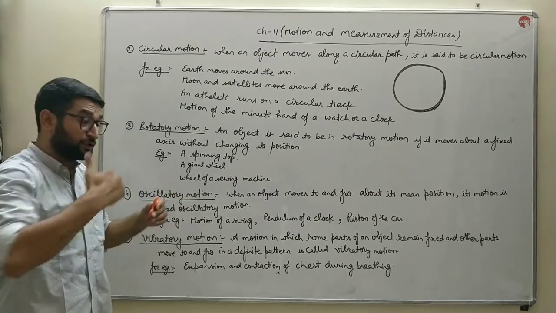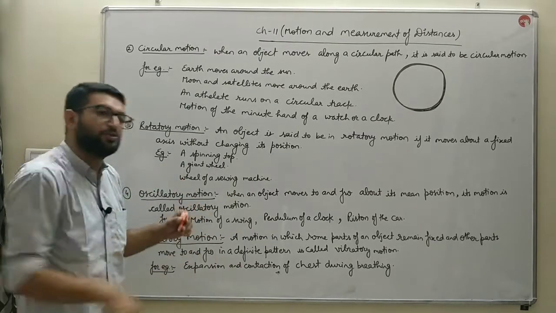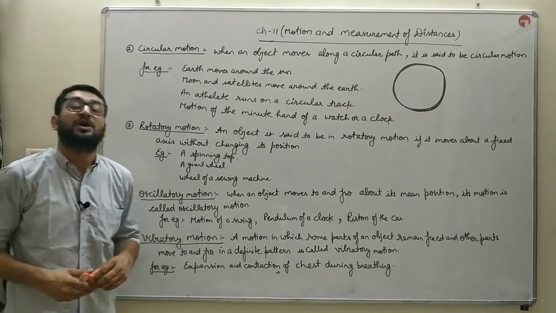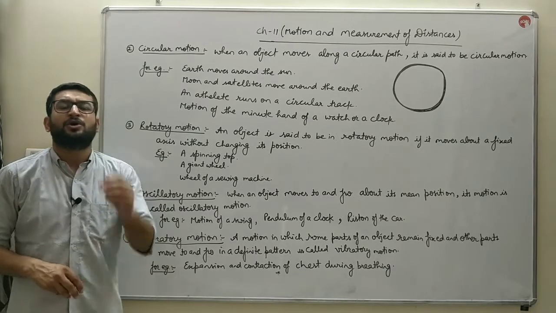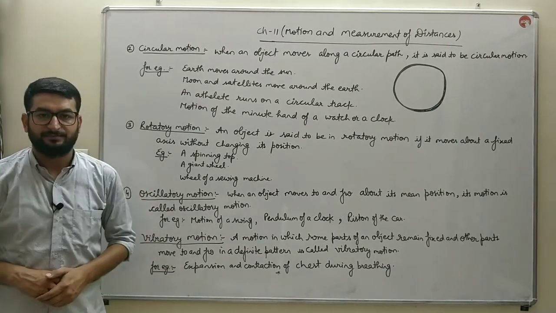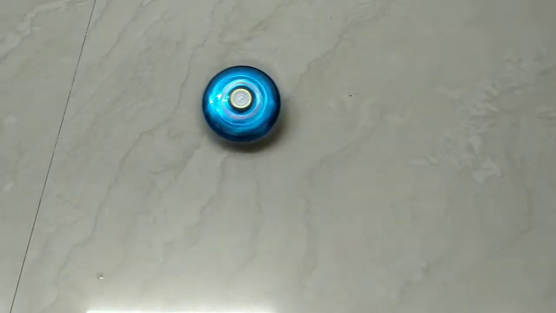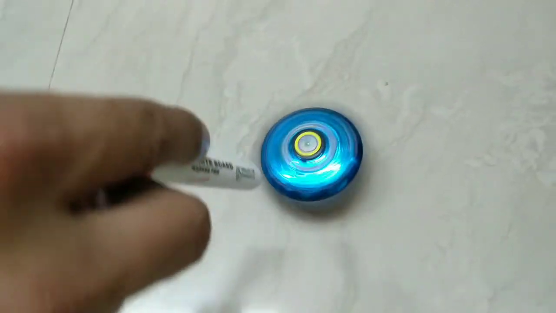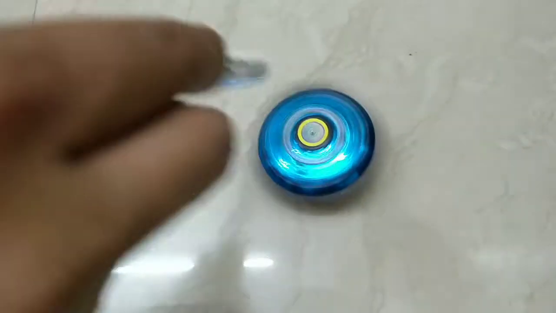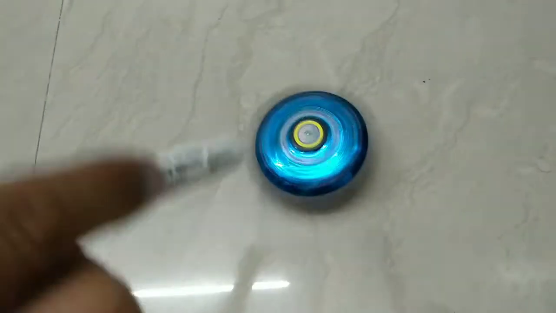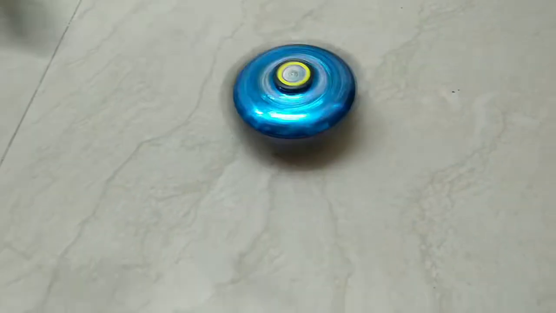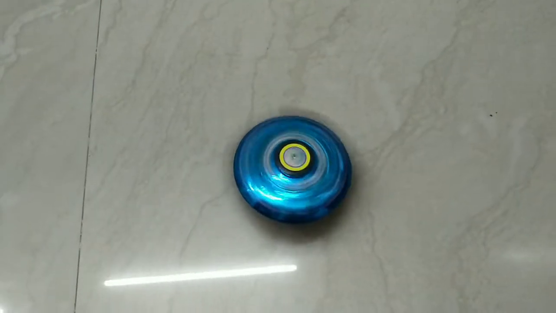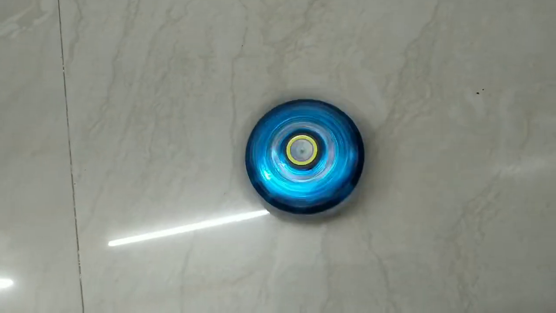Next, the wheel of a sewing machine. You must have observed a tailor's sewing machine. There's a wheel which keeps on moving like this. So that also is an example of rotatory motion. This motion of this spinning top is an example of rotatory motion. As you can see, children, it is moving along a fixed axis. So it is a spinning top which is moving along its fixed axis, and this is an example of rotatory